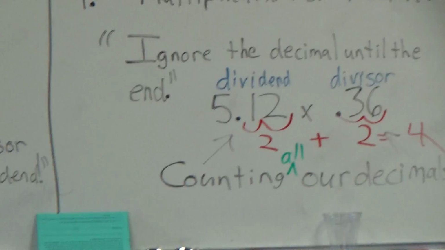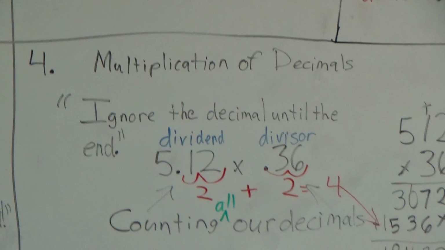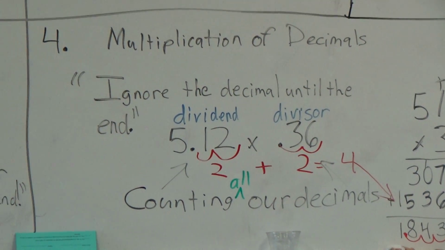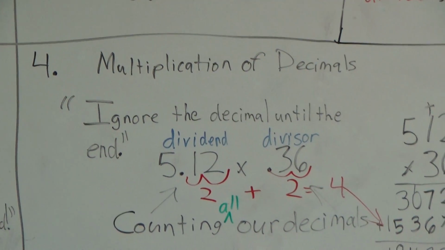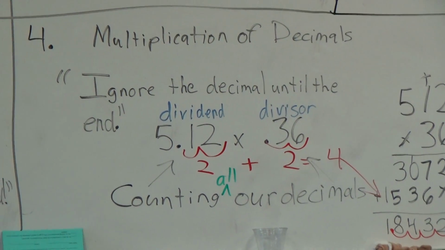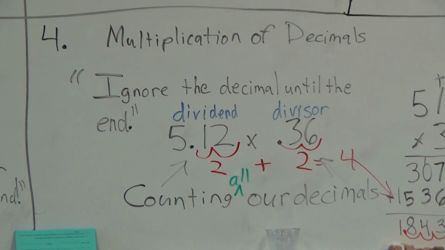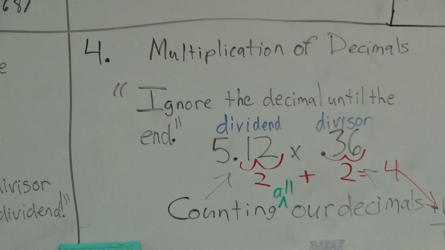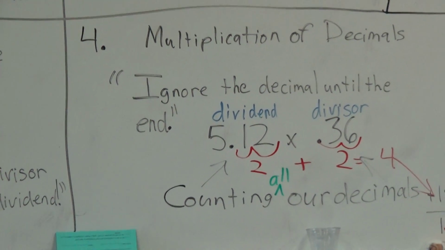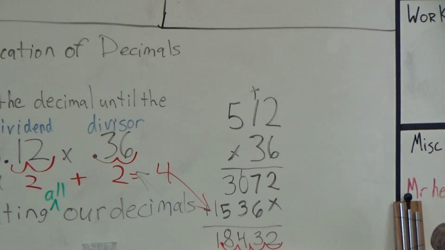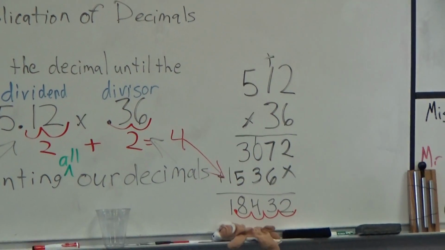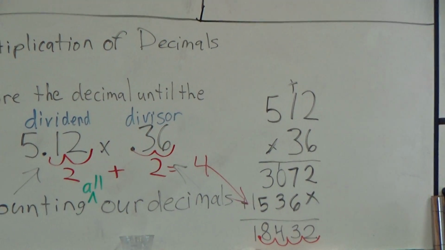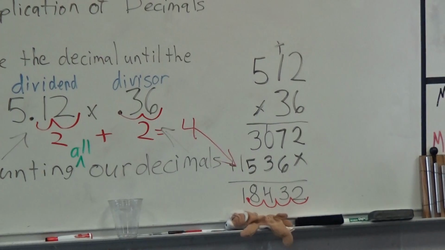Alright, for number four, let me pan out a little bit. Multiplication of decimals, alright? Remember, we're going to ignore the decimal until the end, alright? As you can see, over here I'm showing how we're counting our decimals because that's at the end. But how we set the problem up is we completely ignore the decimals. So we have 512 times 36. We do the math and we get